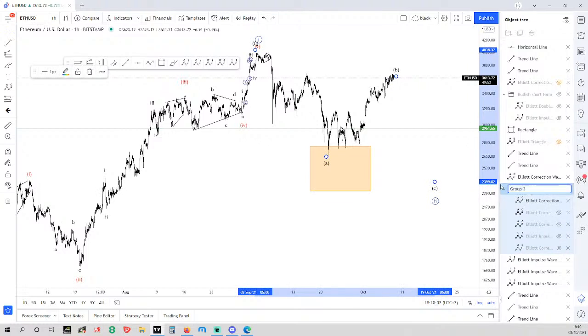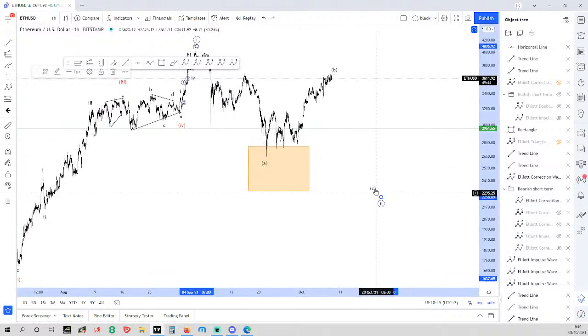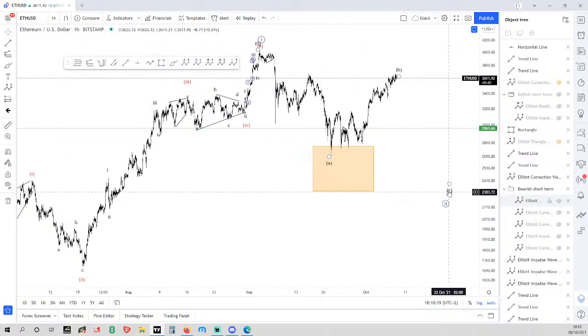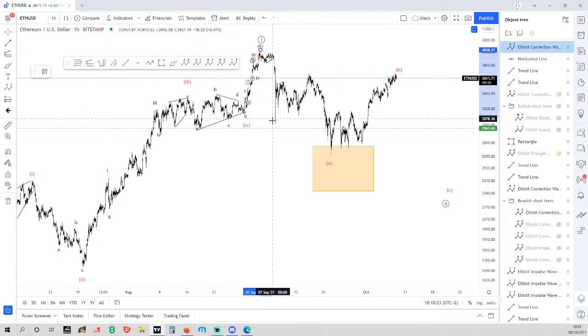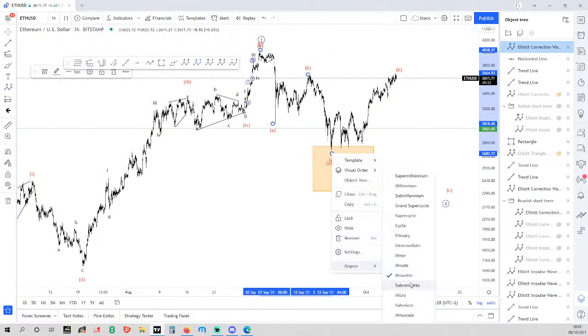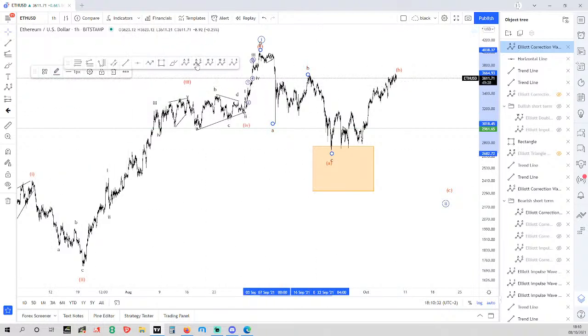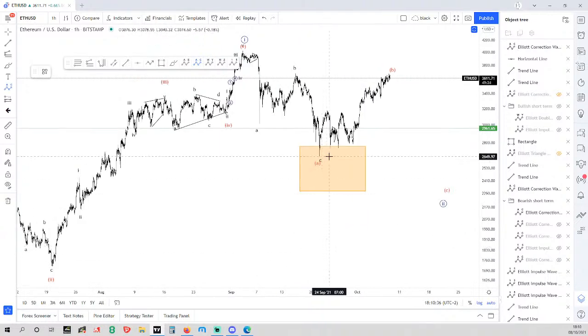Let's call it bearish short term. And yeah, basically this will be it. So let me show you. I want to make this red, and then A, B, and C. So this, and then the move up from the golden box, which by the way, this golden box was shared